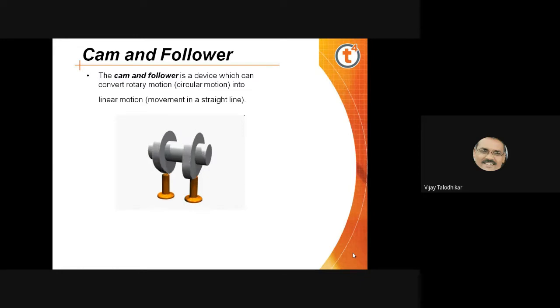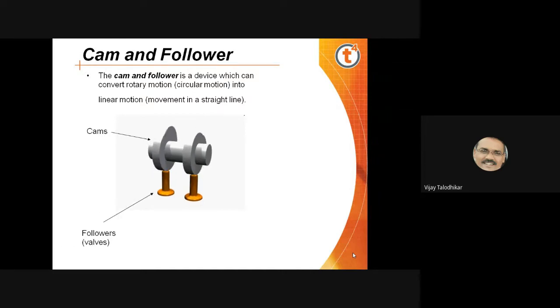The cam is at the top and the follower is at the bottom. Now see, this is the cam, a rotating element. Depending upon the application it may have a different shape and size. In the same way, depending upon the application, what to produce and how to use the cam and follower, the follower also has a different shape and size. The follower may be a radial type or an offset type, and the thickness of the follower can be changed depending upon the requirement of the application itself.